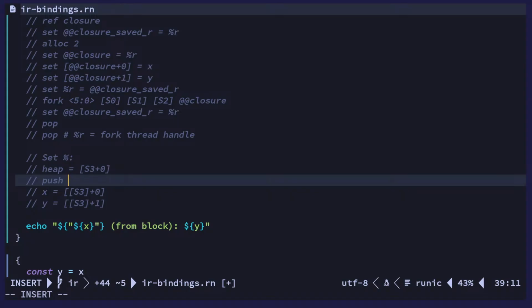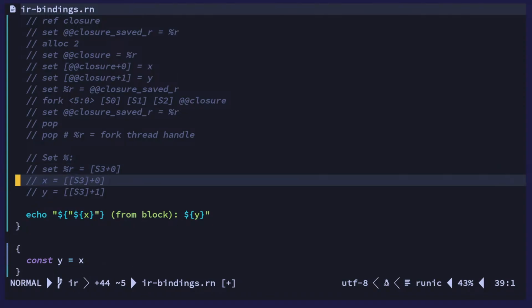Or use R or some kind of generic register, but we push S3 plus 0, so that's the heap pointer. No, we actually have to use a register. We actually have to use R. We set R to the heap pointer,